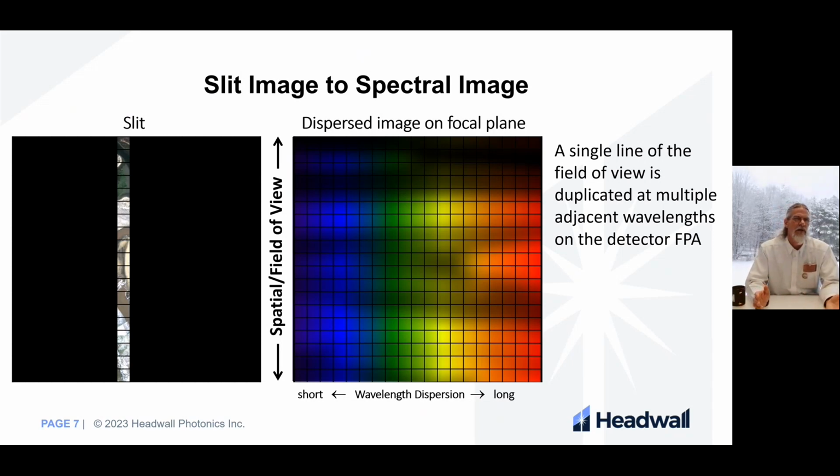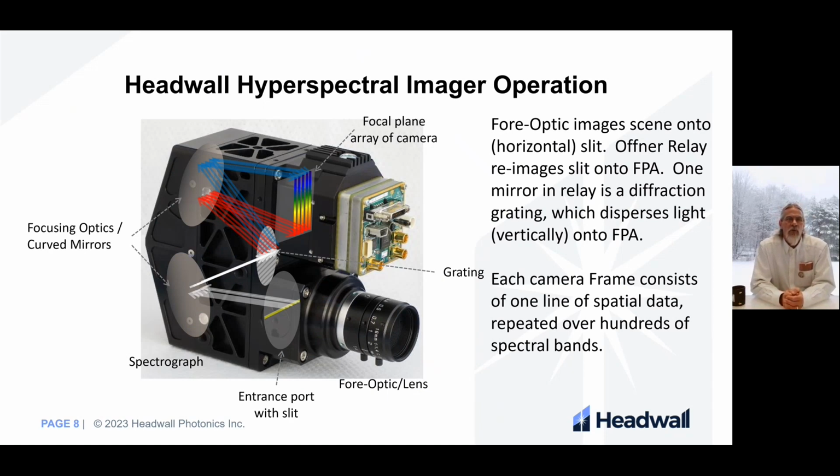So how does the imager work? What we do is we have a fore-optic that makes an image onto a slit. Again, that's this first focal plane that's mostly dark, but transmits light just over a single row that's about the same size as one of our pixels. It is re-imaged onto an electronic focal plane array with a 3-mirror relay. One of those mirrors is a diffraction grating. And so because the diffraction grating reflects different wavelengths of light at different angles, we end up with the image I showed you in the last screen, which is